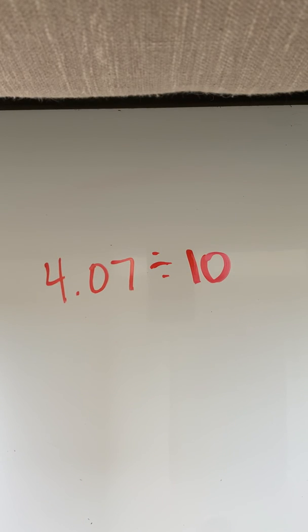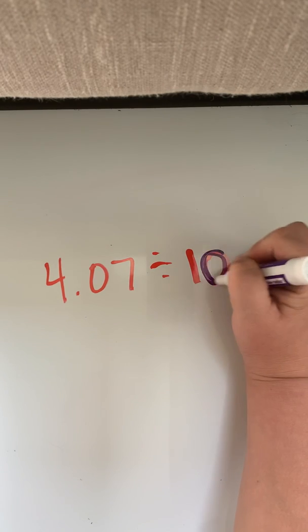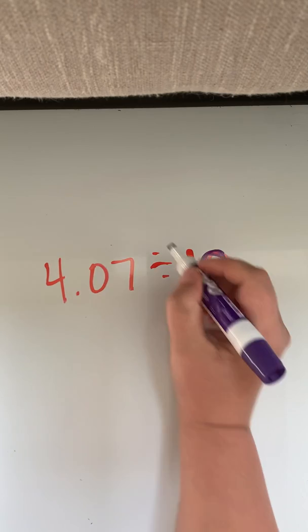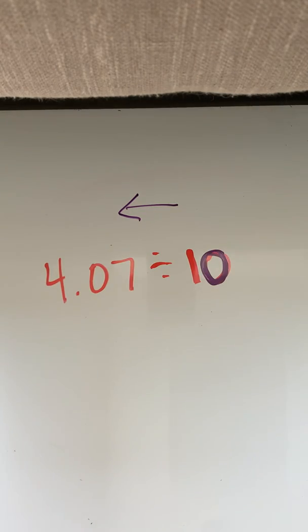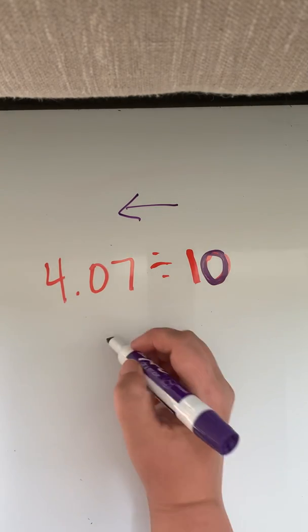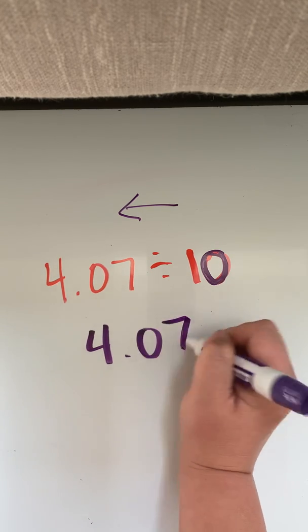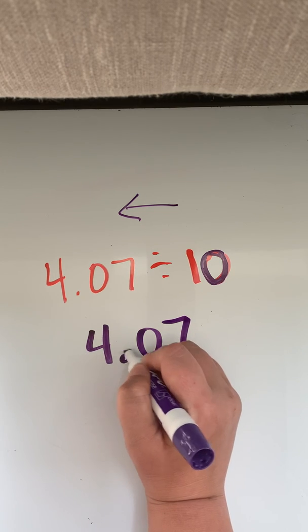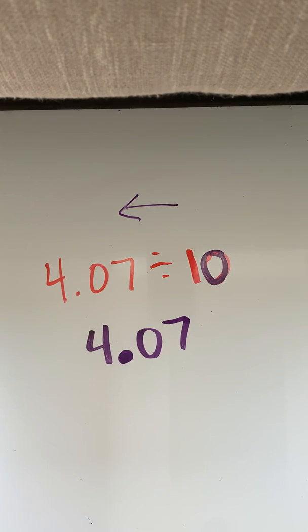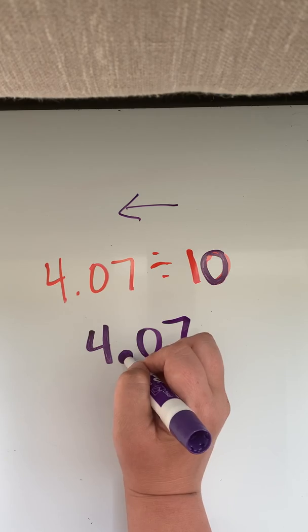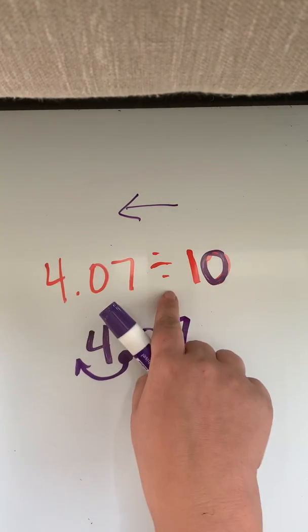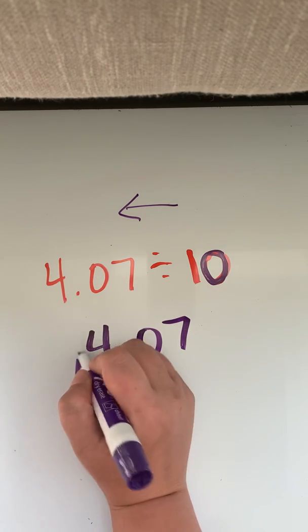And I'm going to take a look at my 10. And I have a 1 0 there. And so since I'm dividing, I am moving this way. I am moving to the left. So I'm going to have 4.07 rewritten here to make it a little bit easier for my little eyes to see. And I'm going to put my marker on my decimal. And then I'm going to be moving my decimal over 1 place because I have 1 0 to the left because I am dividing. So then this would become